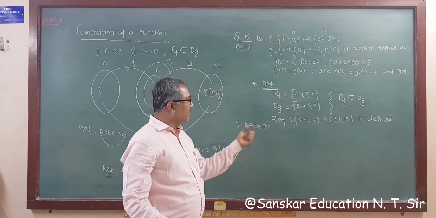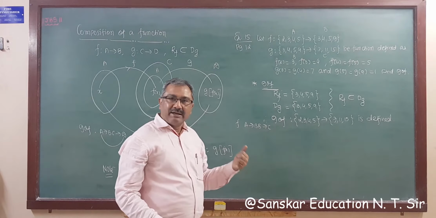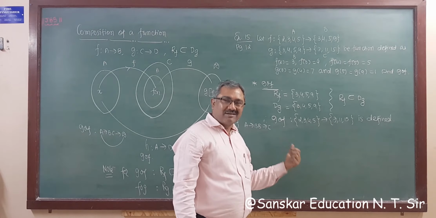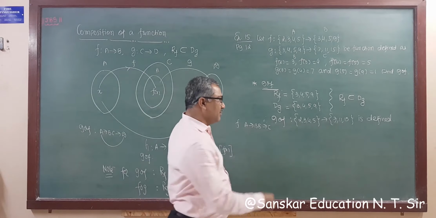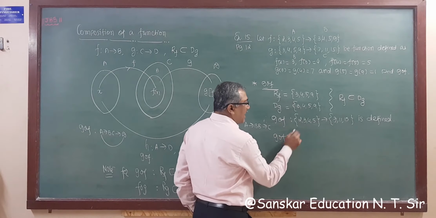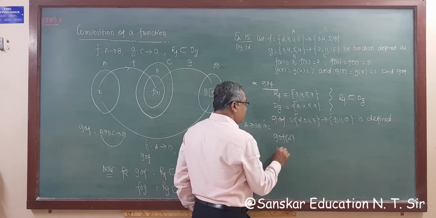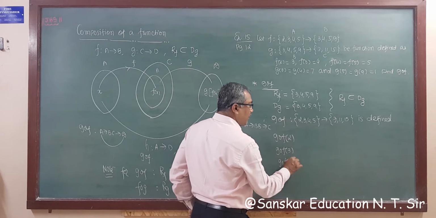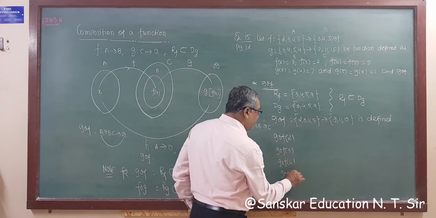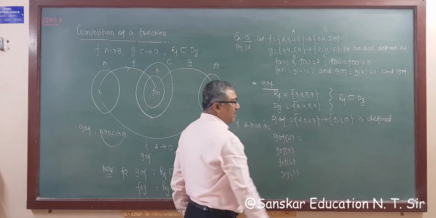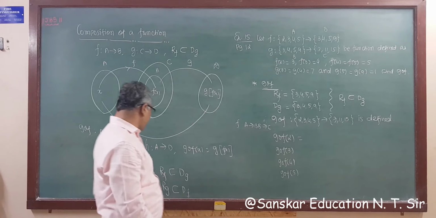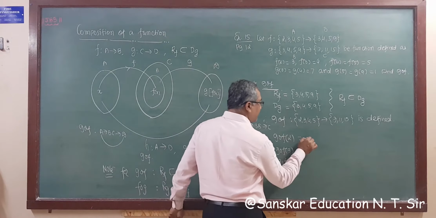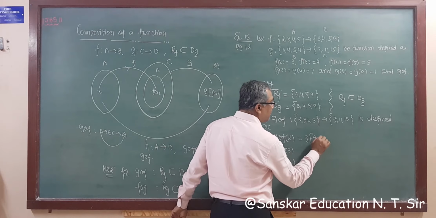So now you have to find out the value of G over F. That means take a value from the domain, substitute in the formula, and you will get your answer. That is the value in the range of this function. So for G over F, I am taking first 2, then G over F of 3 from the domain, then G over F of 4 and G over F of 5. These values we have to take. Now what is the definition? G over F of x is G of F of x. So this we can write as G of F of 2.